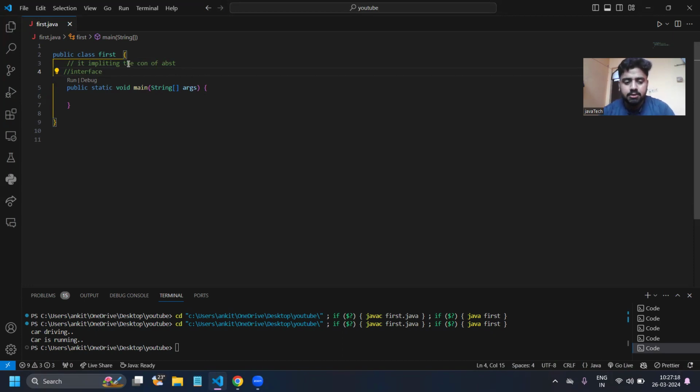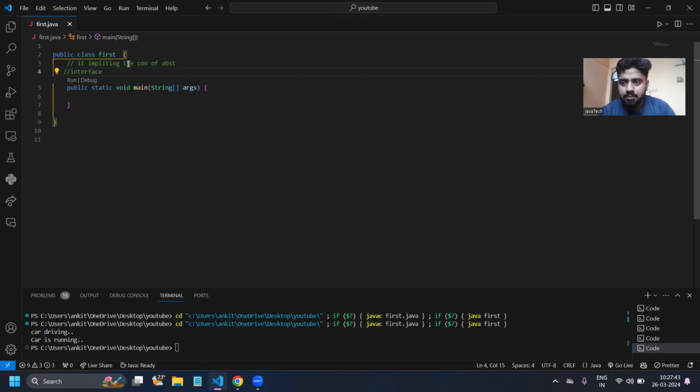That means if some data is not relevant to the user's requirement, then it will not be shown. So you can say that the interface is just another way to implement the concept of abstraction